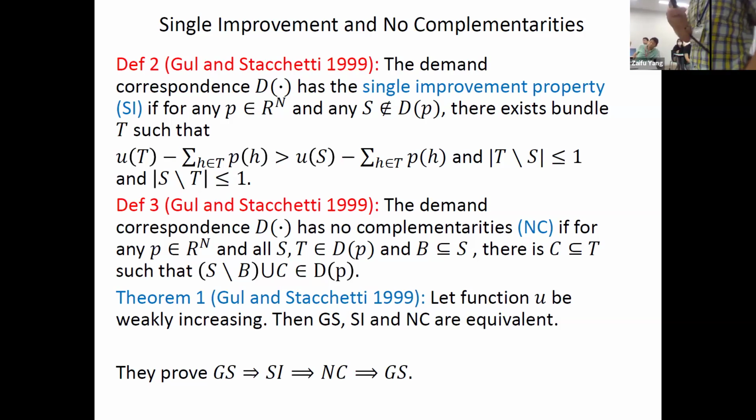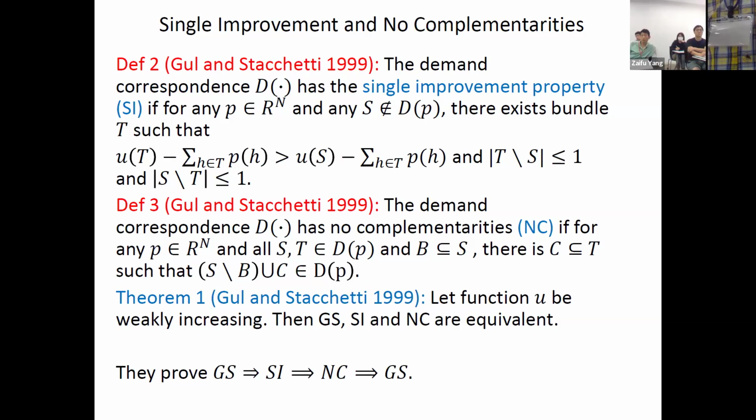Just some typo. Okay. Then they also have a second condition. This condition is very useful later on in the design of the Ausubel auction and also in the 2000 auction design. This is probably extremely important. Then the second condition